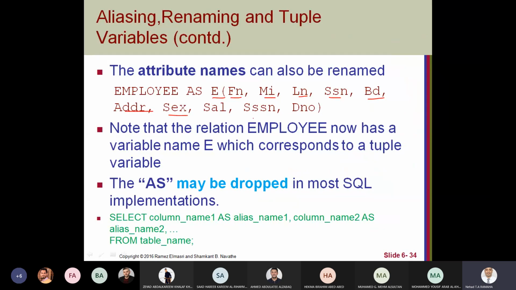Okay, just here we renamed the attributes. Of course, it will be taken in the same order as when you created the table. If you put first name first, then this one means renaming first name to FN, and so on.